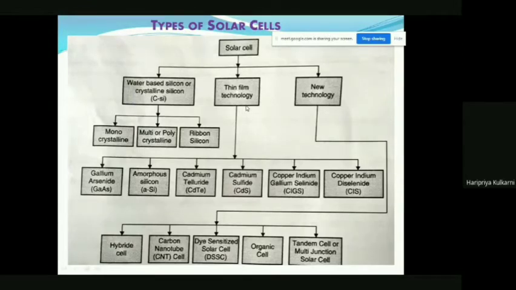And some of the features of thin film technology are it is easy for manufacturing, best suitable for building integrated technology. As I have mentioned, it is coated on the wall of a building structure, but it has less power per unit area. So comparatively, it generates less power. So requirement of low material because it is thin film. It can be processed in various ways. Higher theoretical efficiency, and the modules are very lightweight. Okay. So these are some of the features about the solar cell.